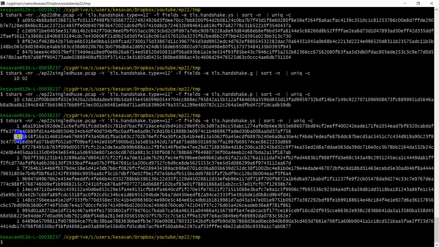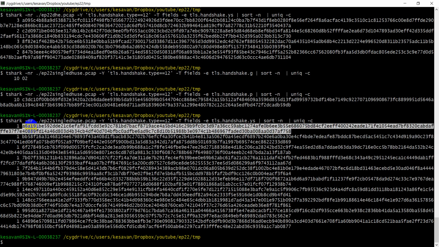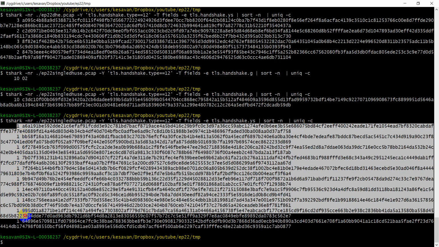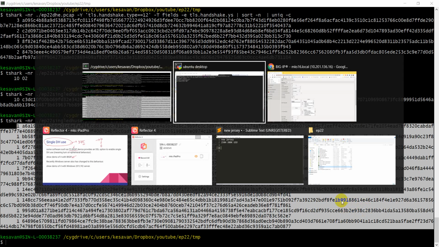That means every single time it is generating a brand new private key, and because of that, the public key is also getting changed. So all the 10 times it is using a unique key. That is the effect of the single DHE option. Many software has a similar option, but as I told, nowadays on Windows also, by default, we have the exact same Diffie-Hellman ephemeral behavior.